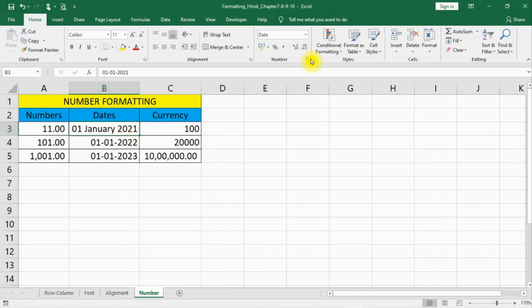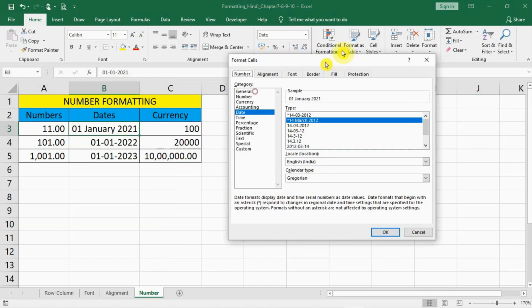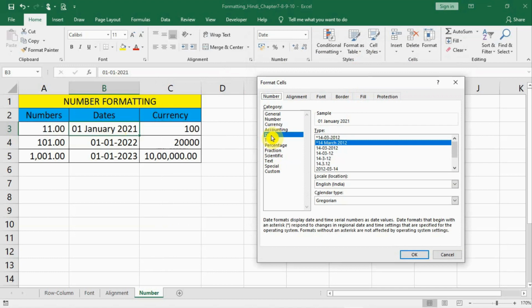So what I can do is press Ctrl 1. It is by default selecting date because the last thing that I worked on is date, and in date I can select a date format, let us say Wednesday 14 March.